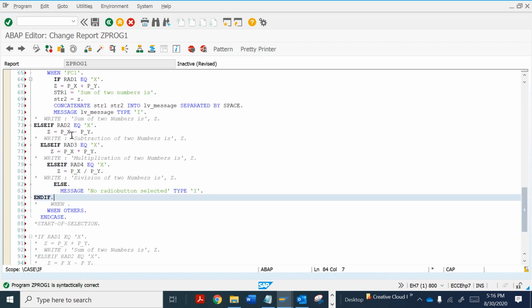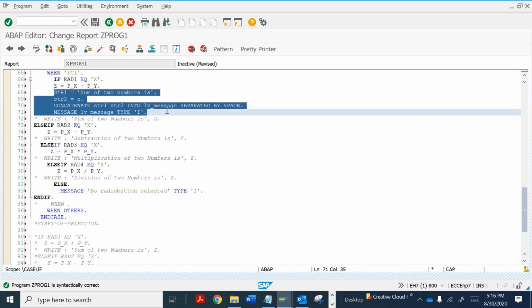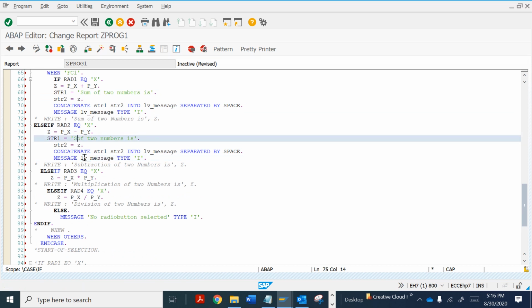I want to perform all these things with the same variables. Let me copy these two. I want to change only this part, subtraction, and here it is.